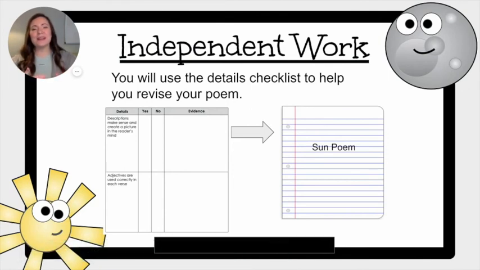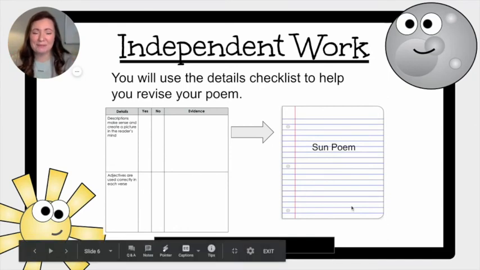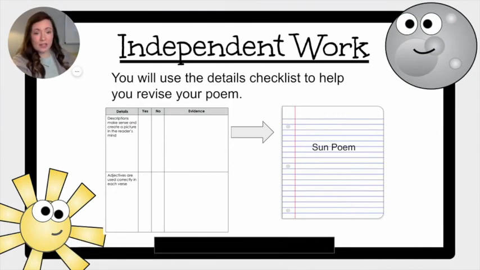So that's just what we did on our previous poem that we just looked at together. We read it, we added adjectives, and then we reread our new lines to make sure that they made sense and that they painted a picture, right? Like we added the quiet sky, and I reread that whole line to make sure it made sense and painted a picture. Go ahead and get out your sun poem. I'll get out mine too. Mine is written in the notes section of my EL workbook. Okay, I have my poem.